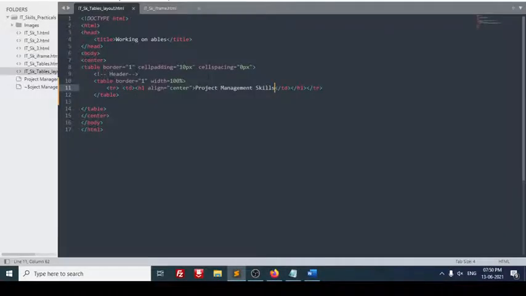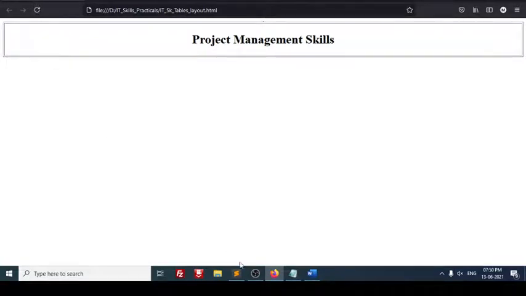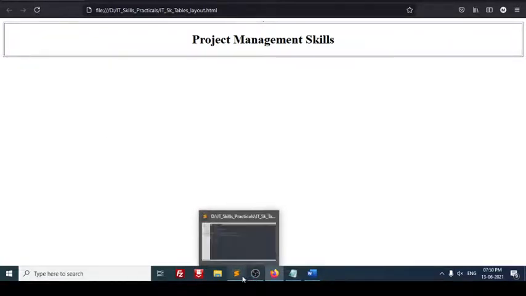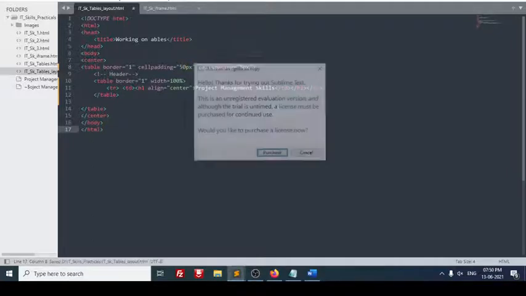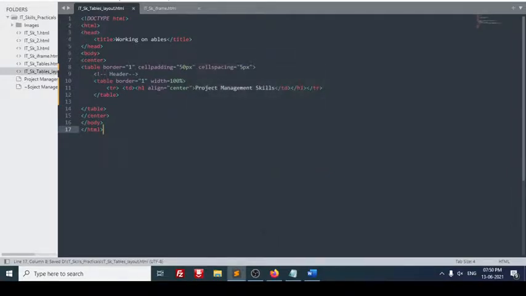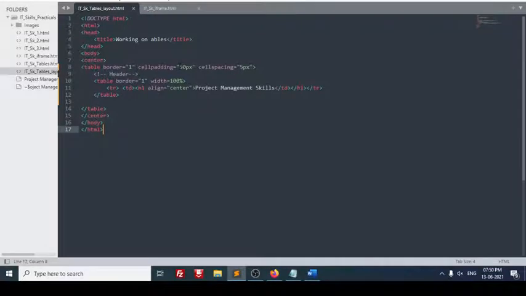Now let me discuss this cell spacing or cell padding. Cell spacing I will increase now to 1. Okay, or 5 I will make, otherwise you cannot see. I will save the file, then I will refresh. No changes you can see. Okay, I will change cell padding. Cell padding I will make it 20 or 50. What happens, you see? Yeah, here it is not showing. On some other part I will demonstrate how it is done. Okay, let it be as it is.